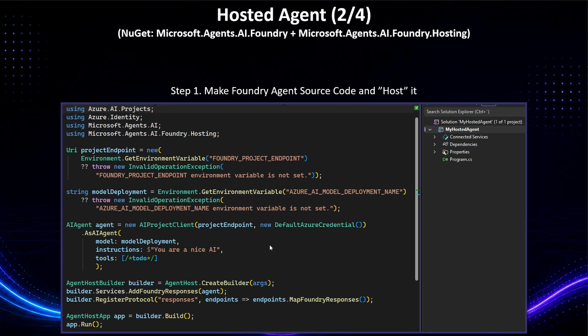But this is just the code you need to build. You also need to take this code, or actually the source code of it, and deploy it.